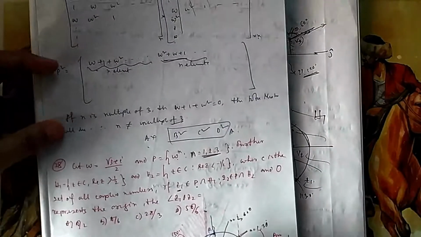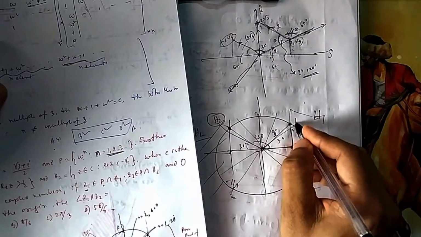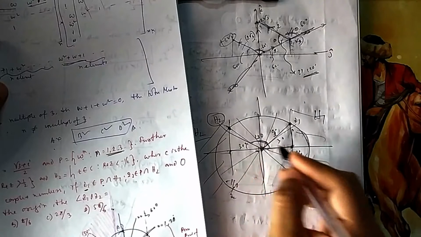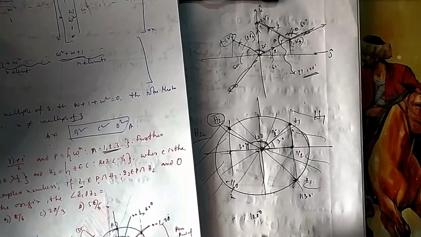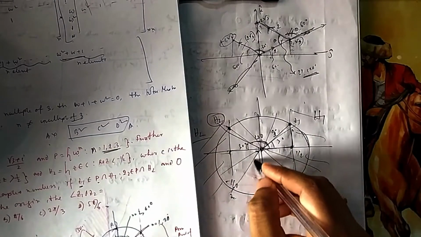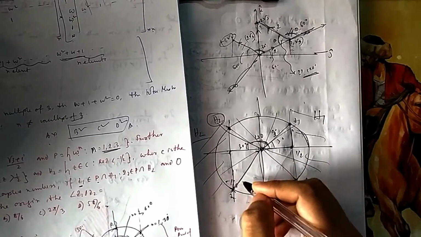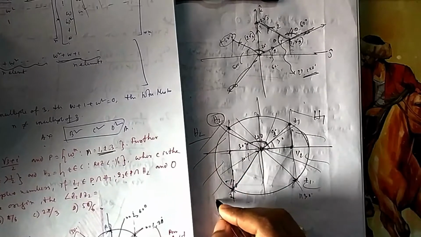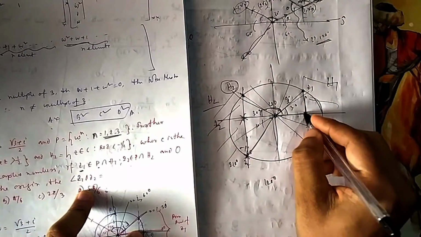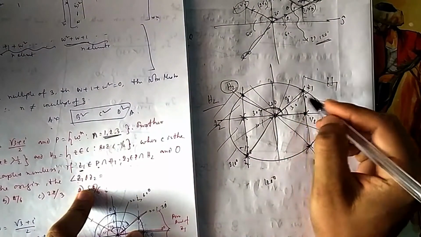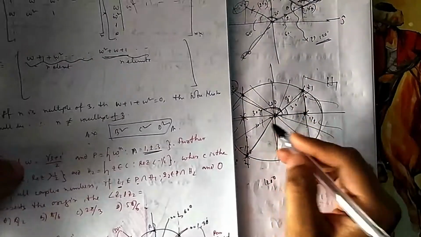These are the points. Now what they are asking is, what is the angle between z1 and z2? Suppose your z1 and z2 are lying here. So what is the angle? This is 30, this is 30. So this angle is 120. So one angle can be 120. Suppose this is 30 and another point is here, z2. So this angle will be equal to 30 degrees. So it is 210. This can also be another point, z2. This can also be another point. All these points are possible, you can see. So the angle between these two, z1 and z2, should be a multiple of 30.